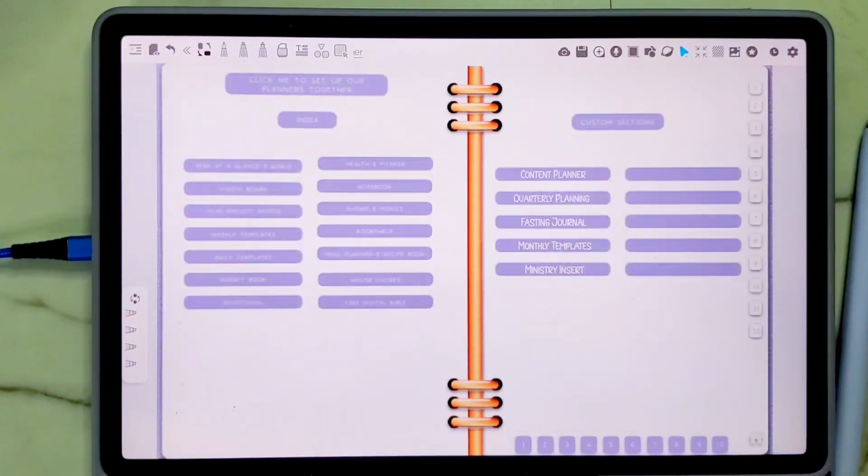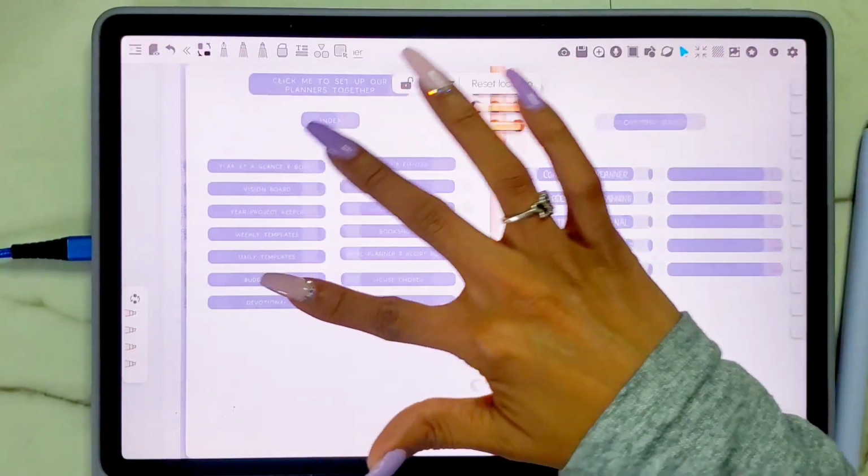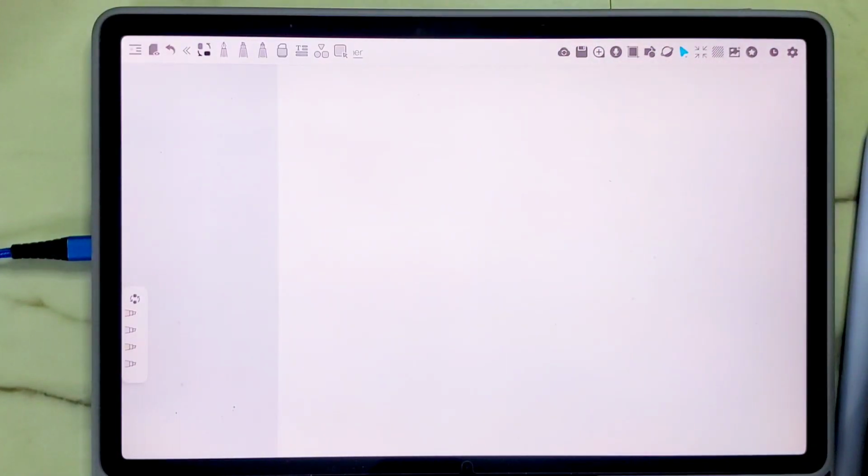So going back, what I'm going to do now is show you guys the weekly templates and daily templates that you can purchase. Then I will show you guys my shows and movies section, bookshelf, and then go through my inserts. And so clicking on weekly templates,